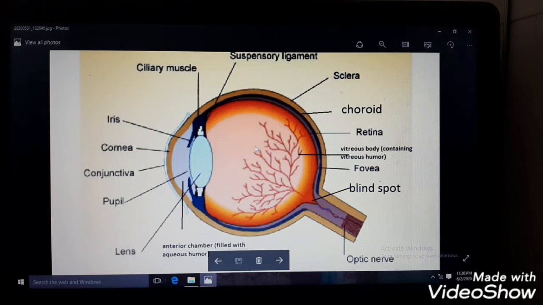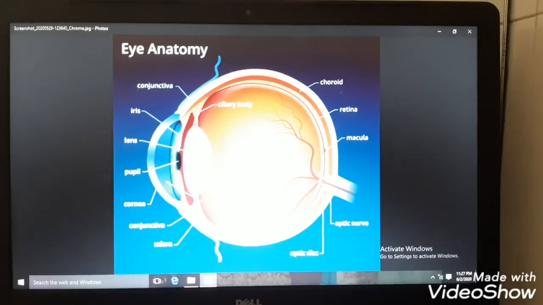Then comes your working of eye. Now, how this eye works? Okay, so from the very beginning I'll start. The light enters through this cornea, then it passes through pupil, then pupil allows the light to fall on lens, and since this is a converging lens, the light rays converge and forms the image at retina. And since this convex lens always forms a real and inverted image, so on retina you will find an inverted image.